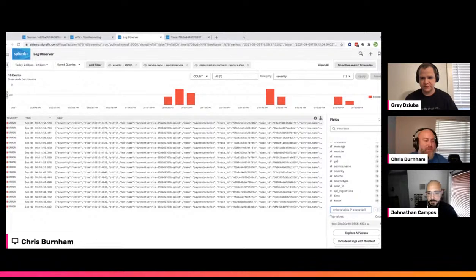Great question. So RUM is pretty easy to get deployed. It can be as simple as a single line that's added in HTML to the pages that you want to monitor.